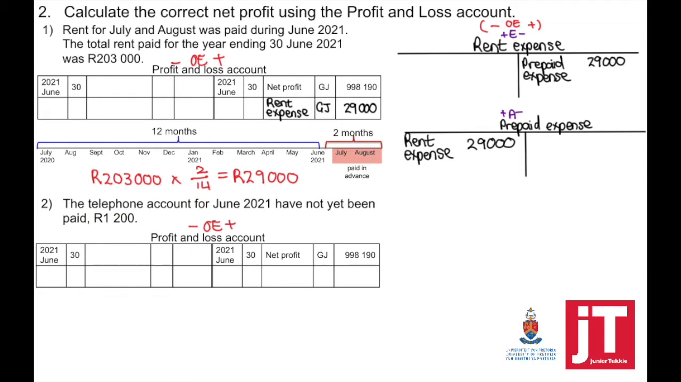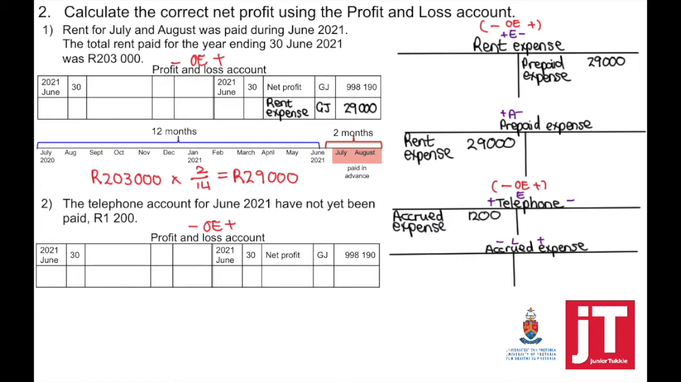Adjustment number 2. The telephone account for June 2021 has not yet been paid, 1,200. So this means telephone will be added to my expense for this accounting period. Account credited, accrued expense. How does this affect my net profit? If my telephone, which is an expense, increases, it will have a negative effect on the owner's equity. This means that the profit and loss account will be debited with telephone